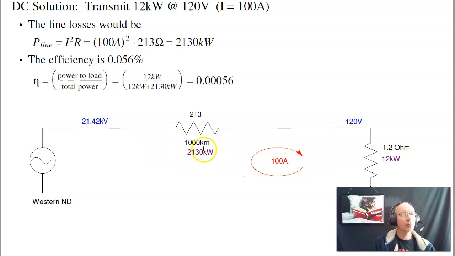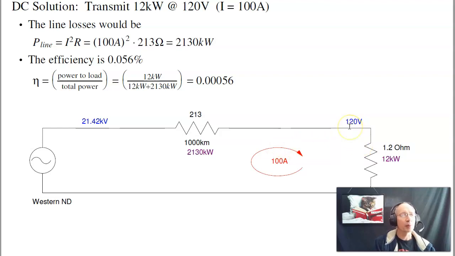The transmission line losses are I squared R. That means this 213 ohms will be dissipating 2000 kilowatts just to get 12 kilowatts to the customer. The efficiency of this system is 0.0005 or 0.056%. This is why we don't use DC. With DC, you just can't transmit power over large distances